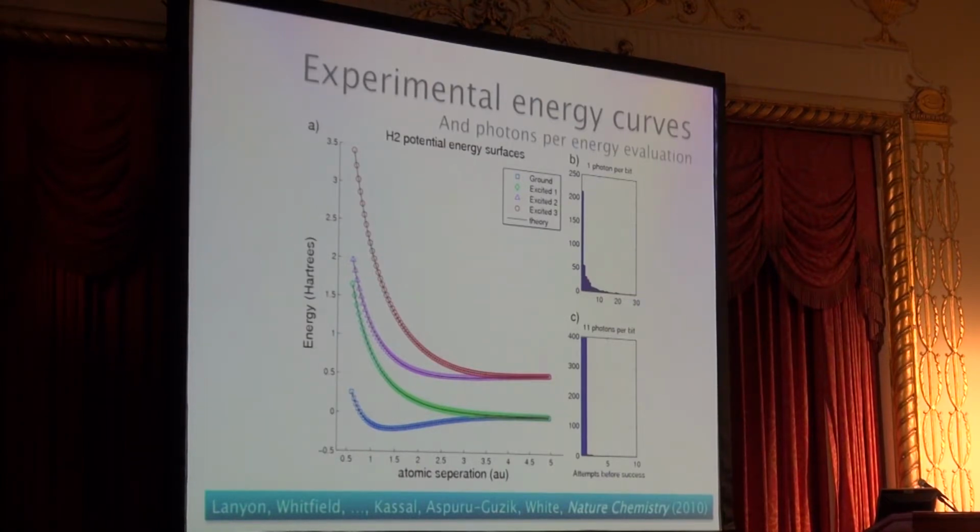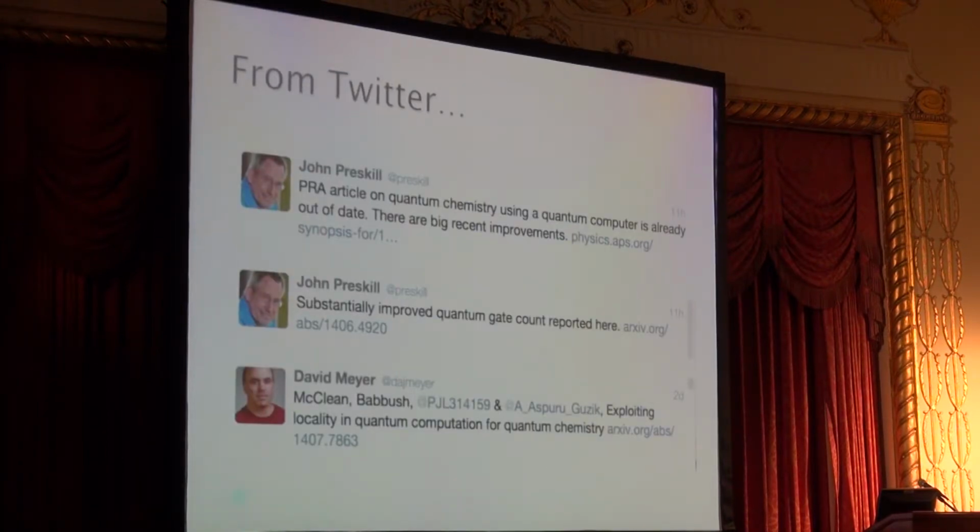It has error correction. You can do that for these 2 qubits, and the error correction is just majority voting. And here you get the eigenstates of the molecule as a function of separation. Again, it's really a 2x2 system, but you can show that with quantum optics you can actually get this. Okay, so that was the base level experiment. And now let's come back to Twitter, right? Let's come back to the story.